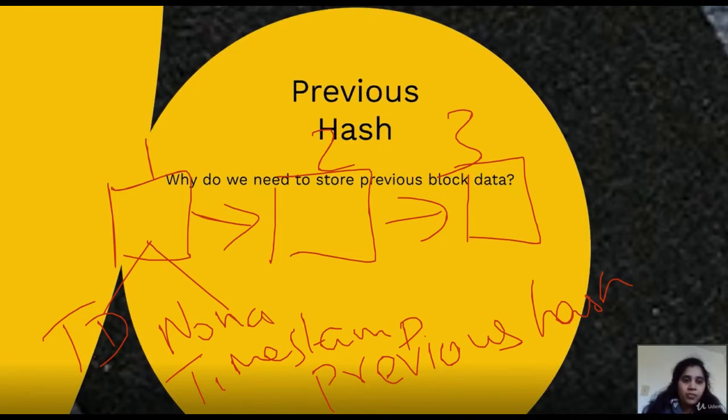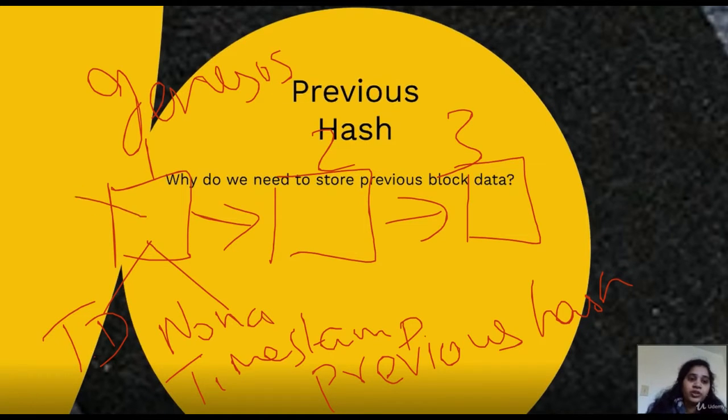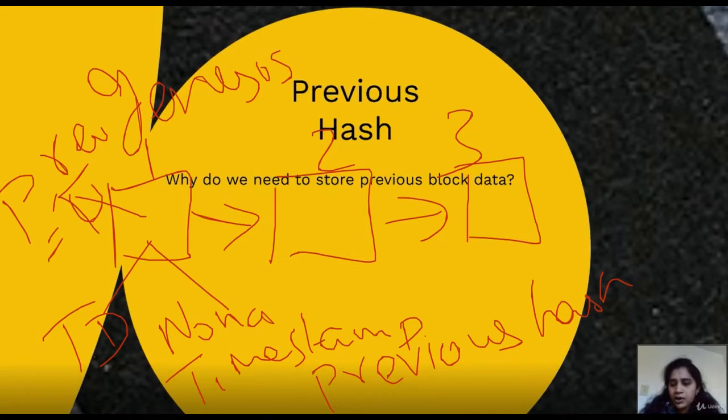When block 1 moves to block 2, block 1 is called the initial block, which is also called the genesis block. The main difference between the genesis block and other blocks is that for the genesis block, the previous hash will be 0 or can be the same as the current block hash. Block 2 will contain the hash of block 1, and block 3 will contain the hash of block 2. So the reason why